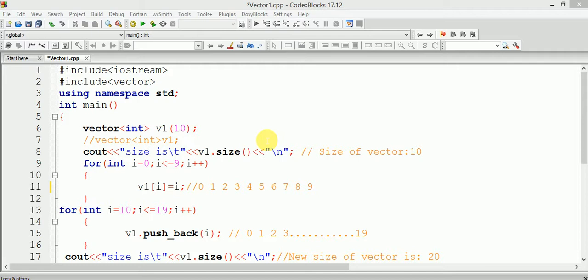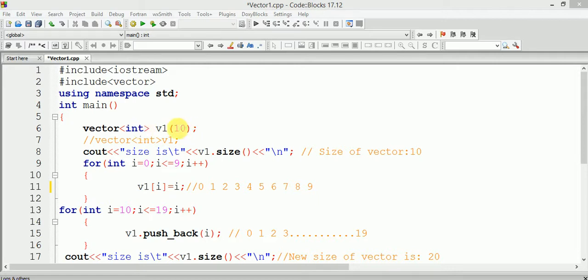Now any container, if we talk, they are the implementation of class templates only. The only thing is they are predefined. So the first step of the program is going to be to create the object of the inbuilt class template vector. We all know the syntax of generating an object of a class template. In the angular brackets, we need to specify the specific type that we are going to use. So v1 is the object of class template vector, and this int shows we wish to store integer values.